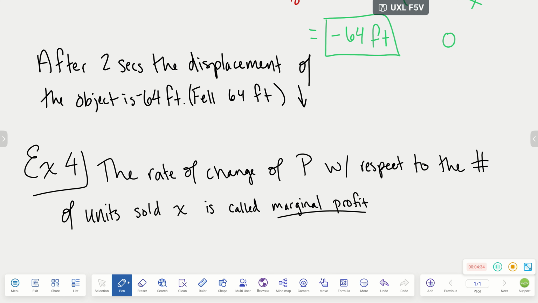Okay, so that's a vocab term. They put that in italics. The marginal profit